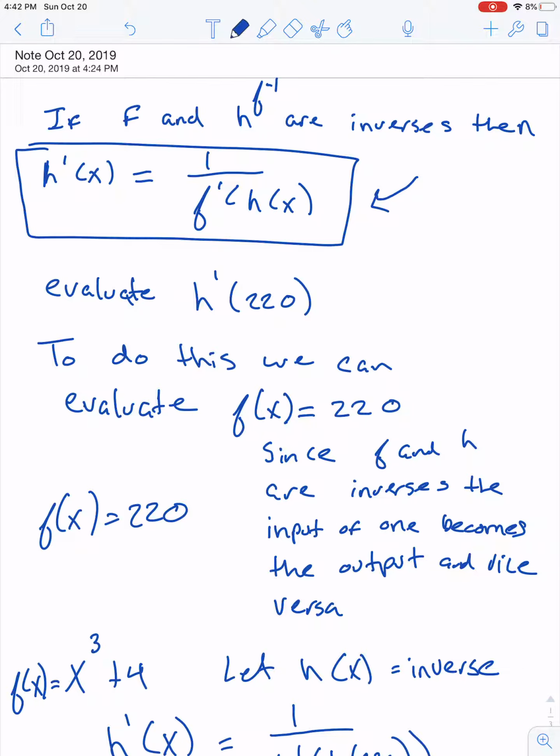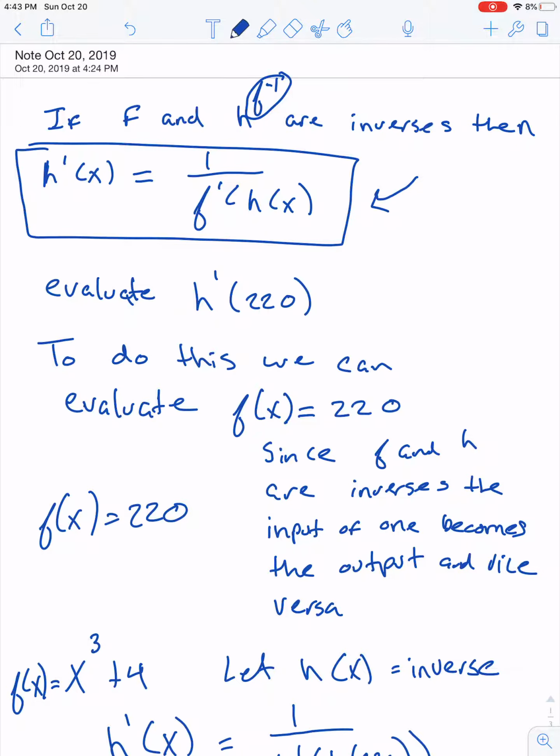Okay, so before we get into question one, just a word about our inverse function theorem. So we're going to let f of x be our original function, and I like to call the inverse h as opposed to using this notation. I think it's just a little bit neater. So then we would know that using our inverse function theorem, the derivative of that inverse is equal to 1